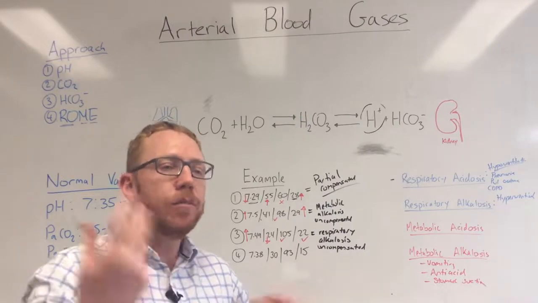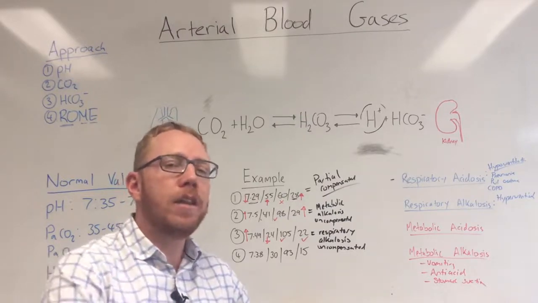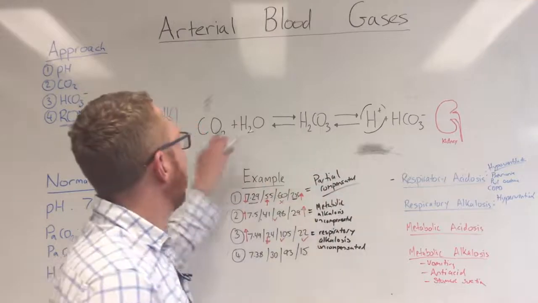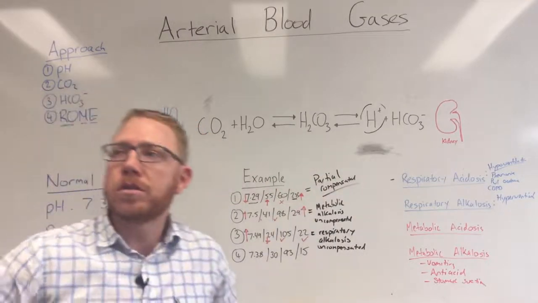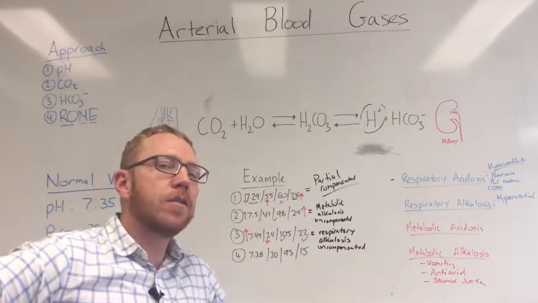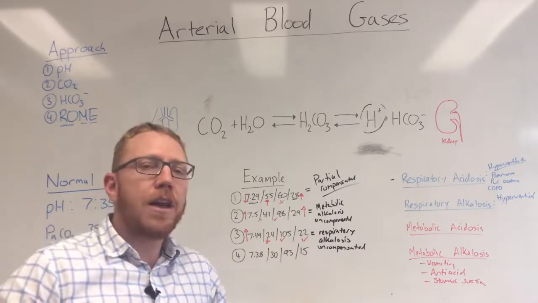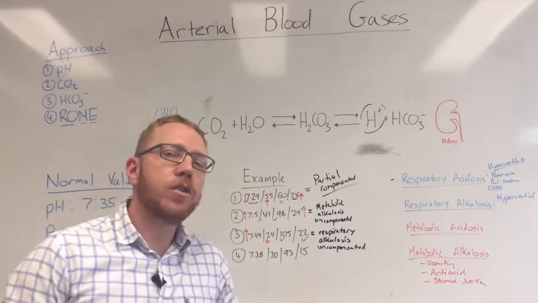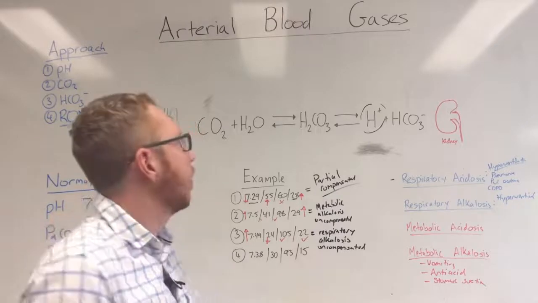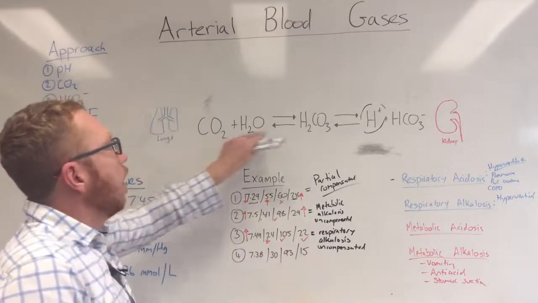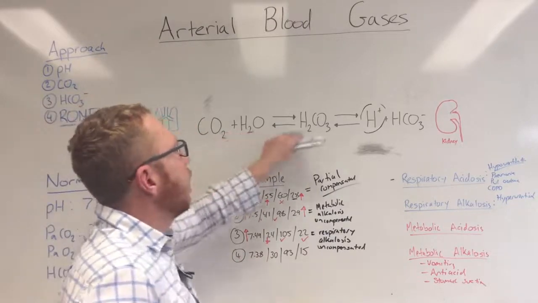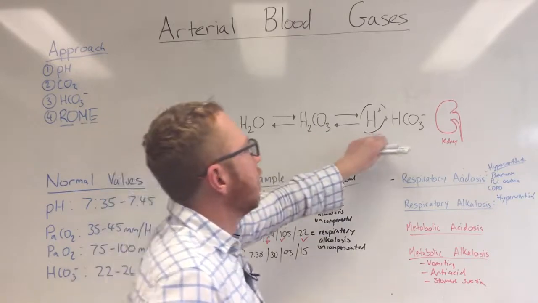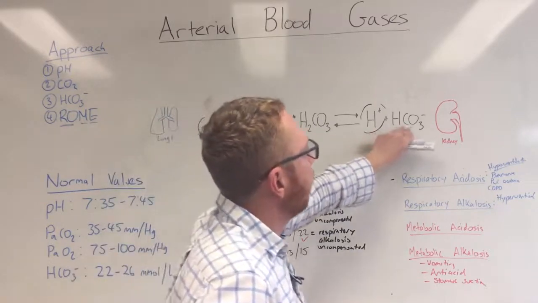That means you've got to breathe more to keep your blood oxygenated. That means as you're breathing more, you're blowing more CO2 off, and that could also cause you to get respiratory alkalosis. Or if you've got problems with your heart, like heart failure, that could also lead to not enough CO2 getting blown off. But you would expect, because you've got less CO2 with water to make carbonic acid, you'd expect the